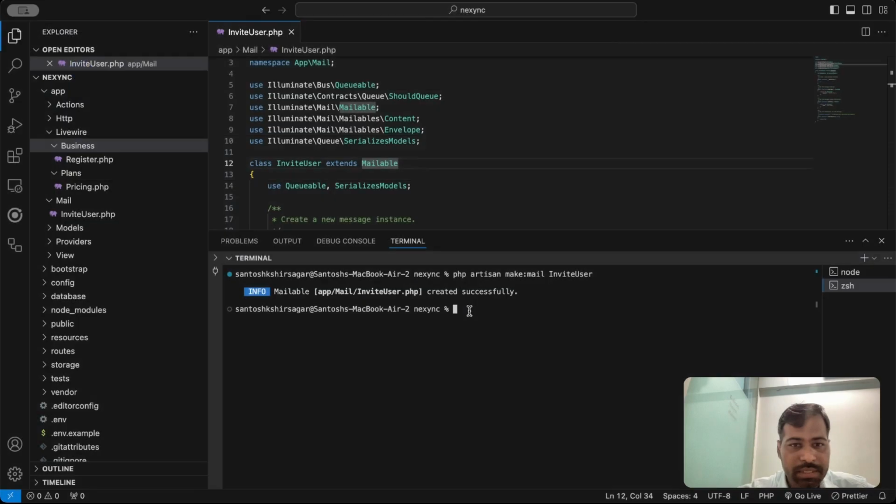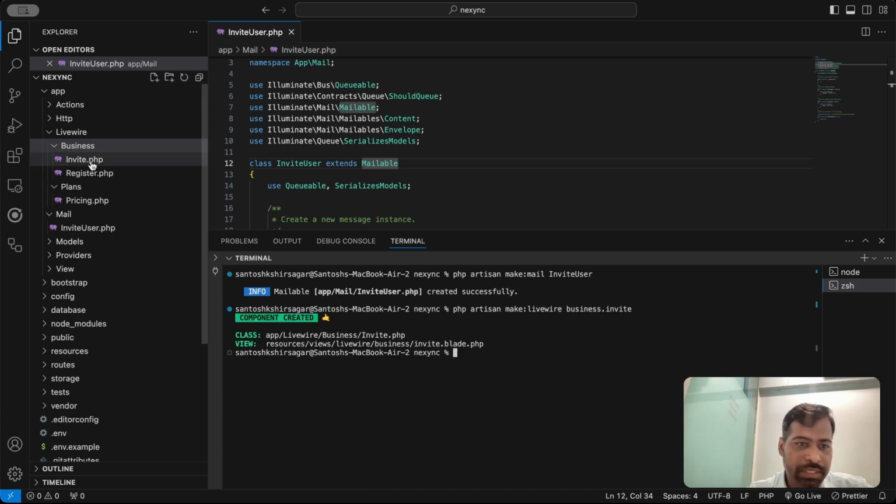So for that, I will create one Livewire component, php artisan make:livewire business.invite. Okay, so it has created this invite,